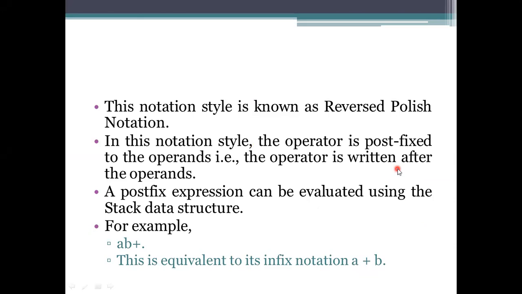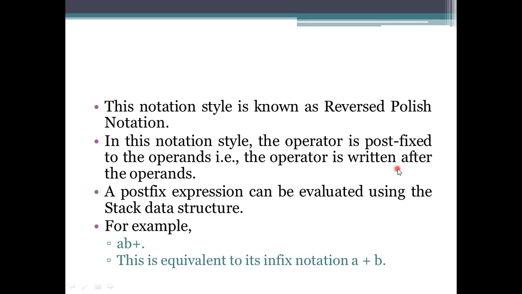In this session, we see an example which includes the processing of the expression using the stack representation. So we use the stack representation for the processing or the accessing of this postfix notation.